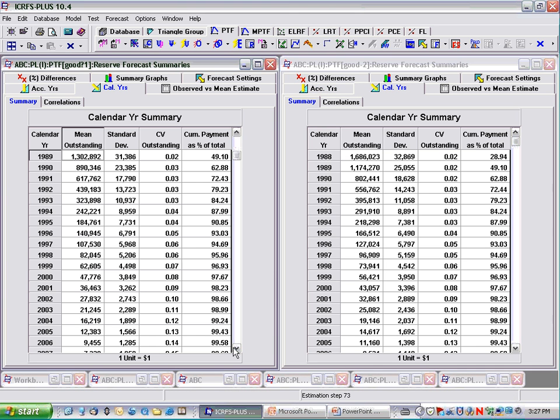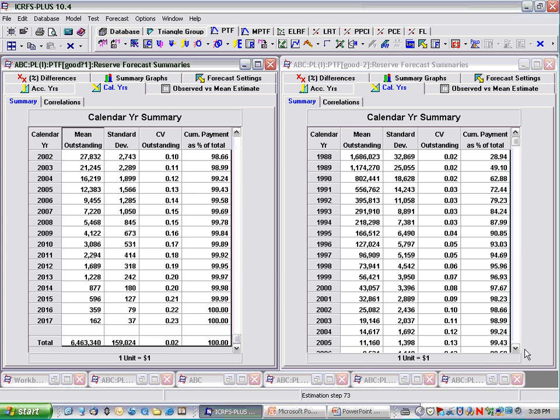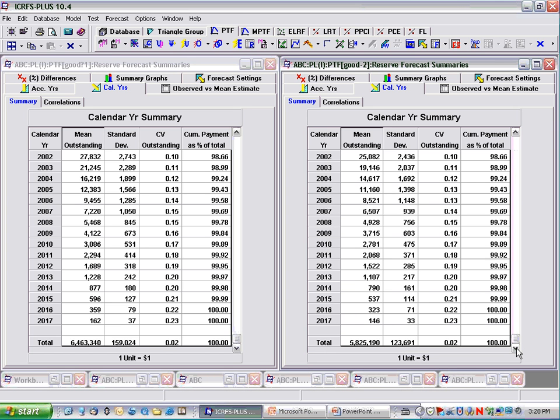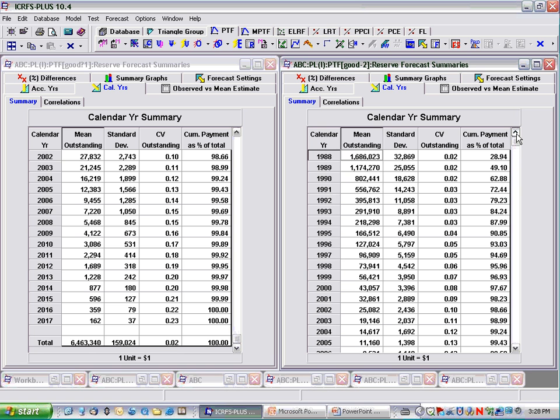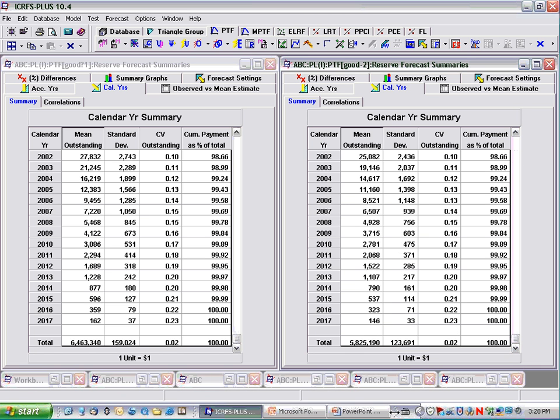What's the difference in the forecasts? 6.4 million versus 5.82 million. So it's a big difference, about 500 million. I mean, we went out to 2017, and the first calendar year that we forecast for is 99 and 98. So that's quite a big difference. So what we're really saying here is that